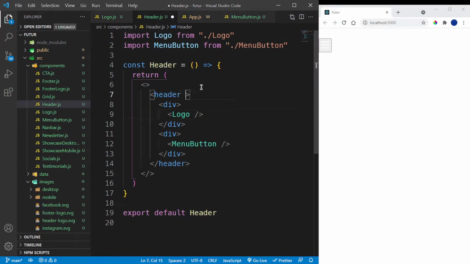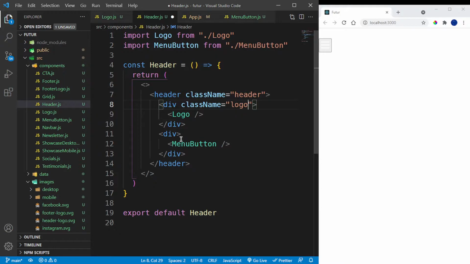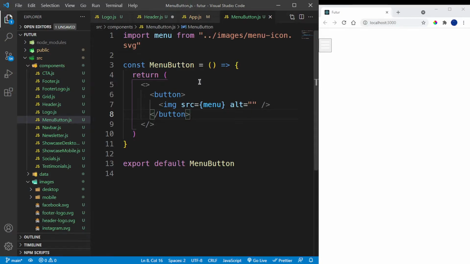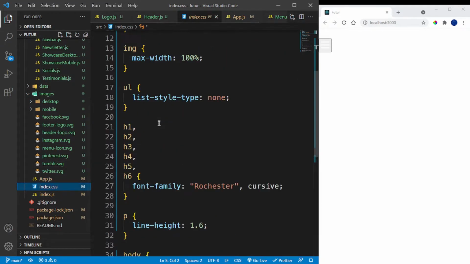Okay, now let me give this header a class name of header. Then give this div a class name of logo. Give this div a class name of menu-button. And actually, you know what, instead of doing this here, I should probably do it inside here. So give this a class name of menu-button. This is why I like Tailwind, because I can just tell it everything inside instead of having to think of my class names. So I'm going to remove this,